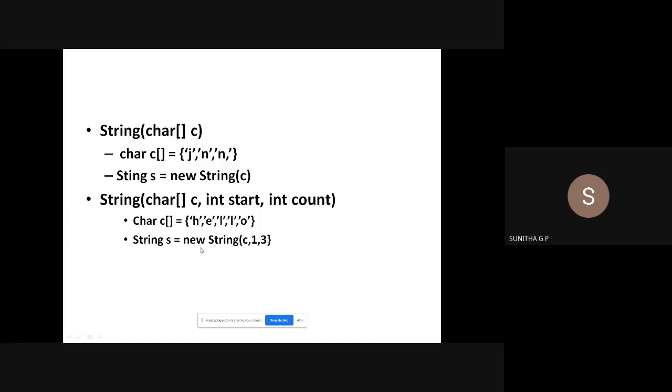These are the different varieties of constructors used in creating a string. Usually we create it either from a number, from characters, or from another string object, which is just like a copy constructor. So this is about the string constructors.